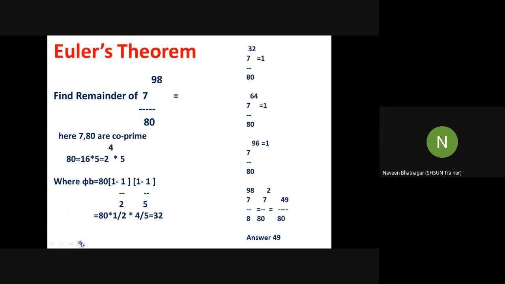Let us understand it with the help of one example. Suppose you have to find the remainder of 7 raised to power 98 divided by 80. See, first of all, here 7 and 80 are co-prime. What I'm going to do is express 80 in the form of prime factors. So it becomes 16 into 5. What is 16? 2 raised to power 4, into 5. So this is x and this is y. So I can write the function of b as 80 into (1 minus 1 upon 2), (1 minus 1 upon 5). If you solve it, you get 32. So it means I can now take this 7 raised to power 32 divided